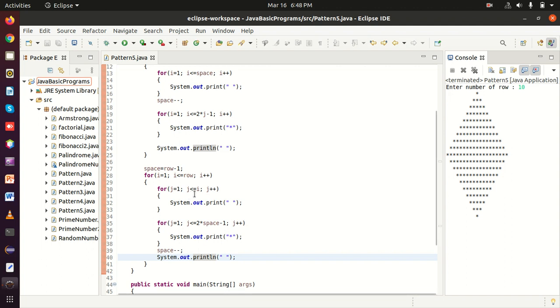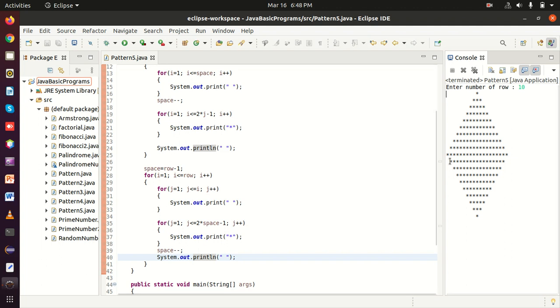No. Is j equal to i? Yes, because the value of j and i is 1. That's why it is not less than but it's equal to. So the condition is true. That's why the control is going to transfer within the for loop, and this one white space is going to be printed over here.